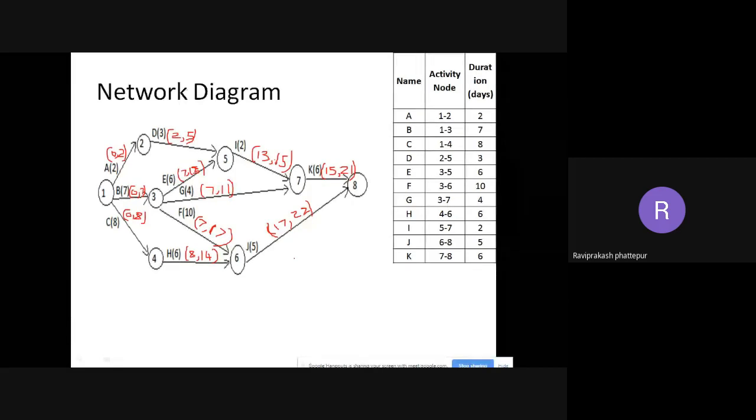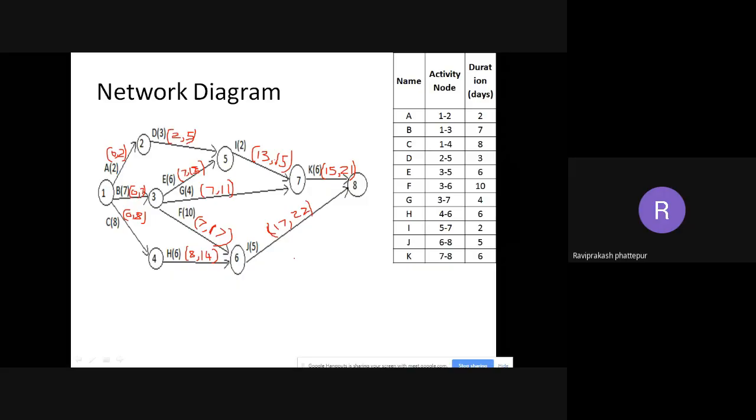Done, students? Done taking it down? Nothing much. You have to just go on adding. When it will start, the duration you need to add to that, and the ending time will come to you. So that is what you need to write: when it will start, when it will finish. Only that much you need to focus on here. Only that should be written.